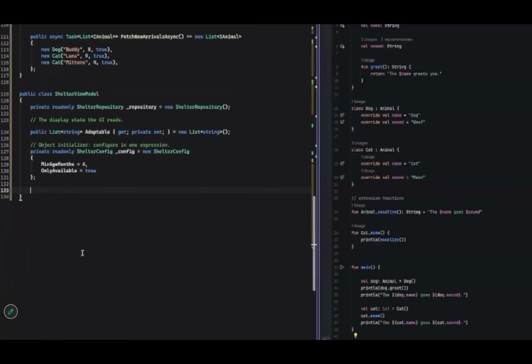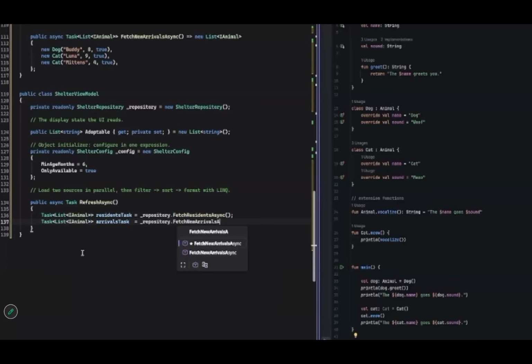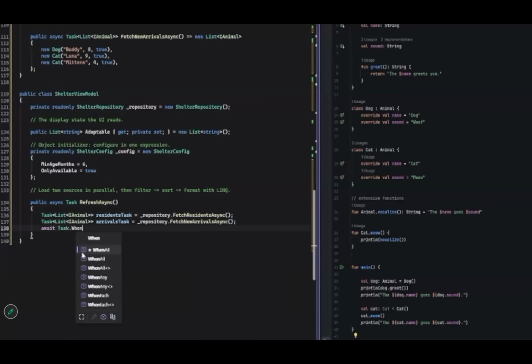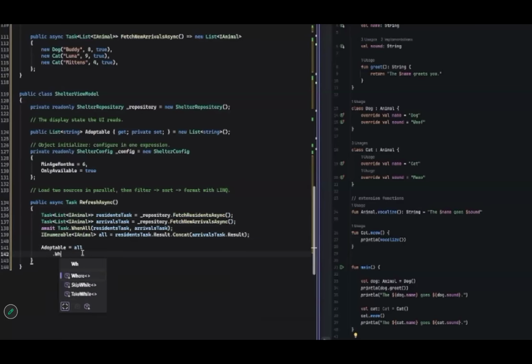But here we're creating a view model, and the idea is that eventually we can turn our console app into a Unity app, and this is a MonoBehaviour class. So we'll create a view model that connects all of this together. And the view model instantiates a config file, says we have minimum age for animals that are adoptable. We want to make sure that they're available, otherwise we don't want to let people adopt them. And we're doing this async refresh method where we get all of our residents, we get the new arrivals, we combine them together